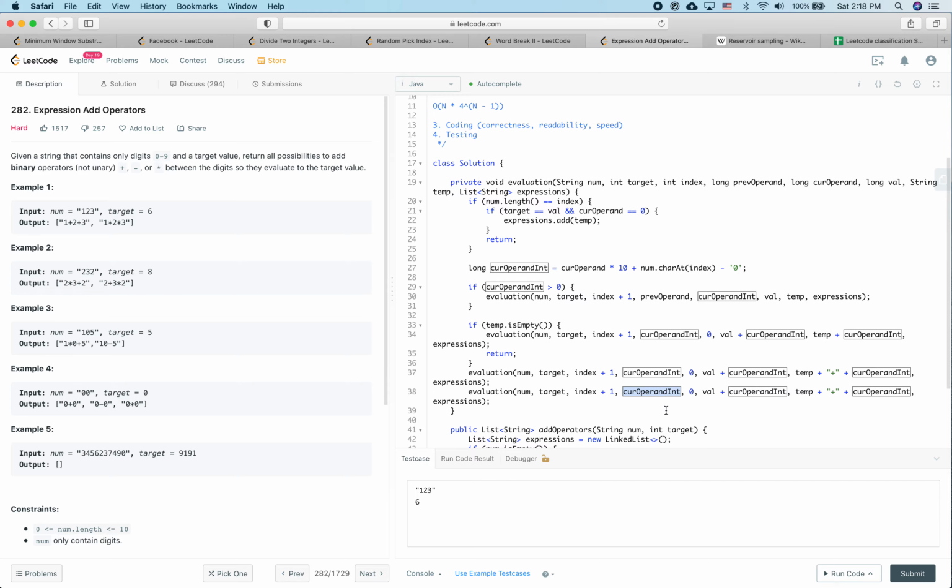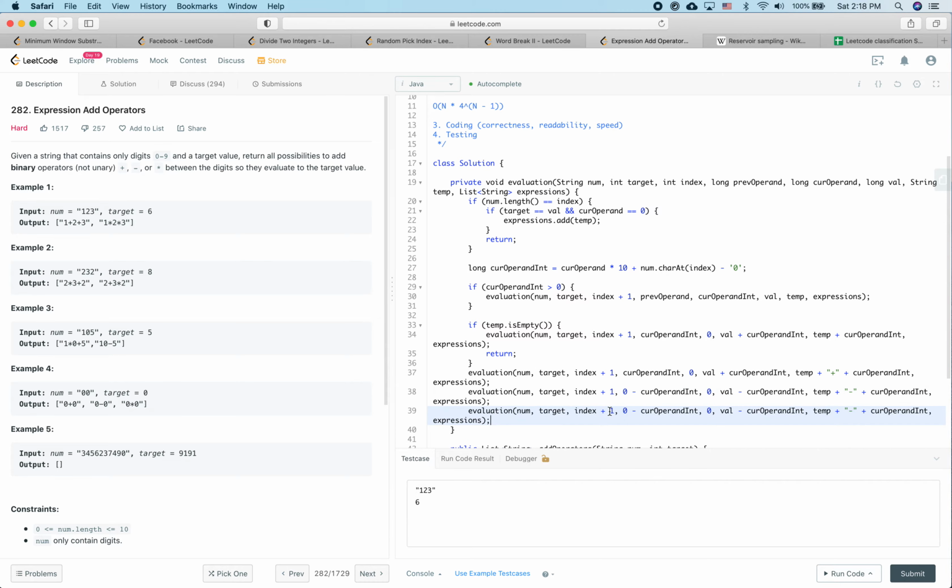Current operand is going to be minus stuff. 0 minus it, and 0 which is the current thing. So if we have the minus, which is value minus the current thing, temp plus minus, and then expression. Okay, and when it comes to multiplication, the previous is going to become prev operand times this, and